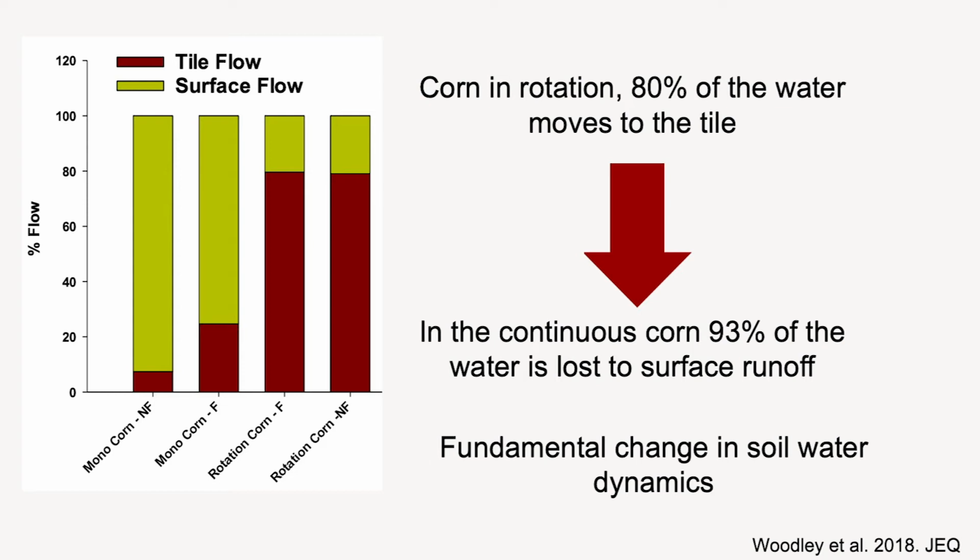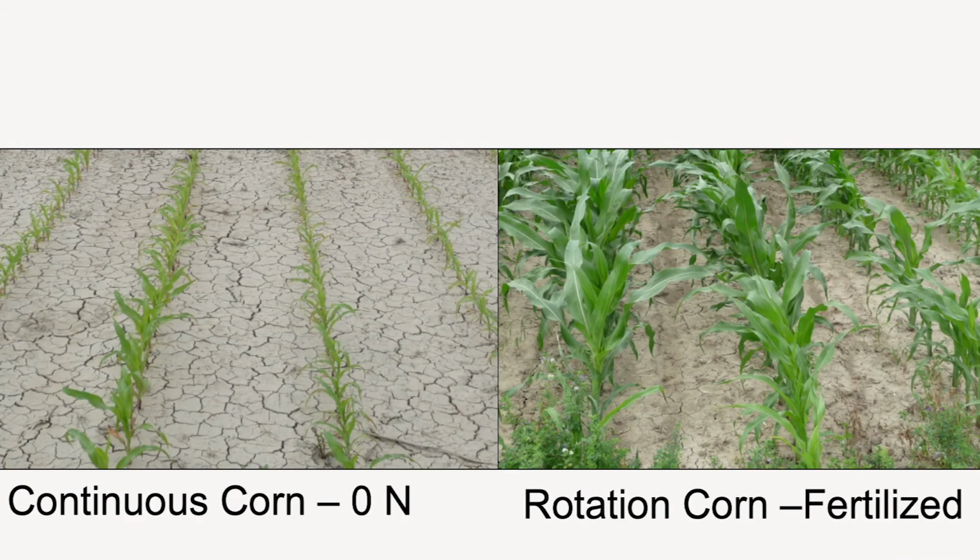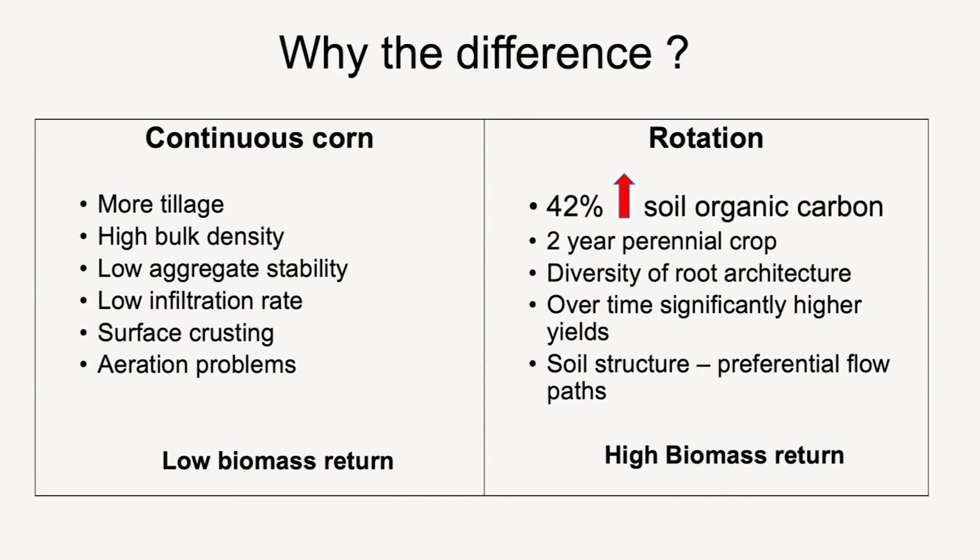And so if you have heavy rainfall, it's going to run off and that water is not going to be available. So it's just a really nice way to highlight how important it is to have a nice rotation and adequate soil health. And here's just a zoom in, you can see the crusting that's forming on these degraded soils rather than these healthier soils. So why is it different?